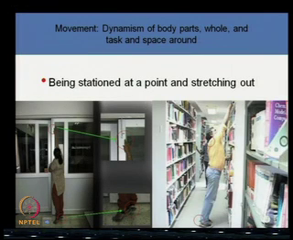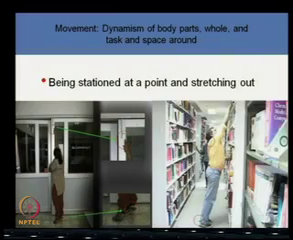So, movement, the dynamism of body parts, either parts of the body or body as a whole, and the task and space around. So, our discussion today will be within these limits. Now, the first point we can say is being stationed at a point and stretching out, meaning the person being stationed, the person is not moving, when stretched out to do a certain task,